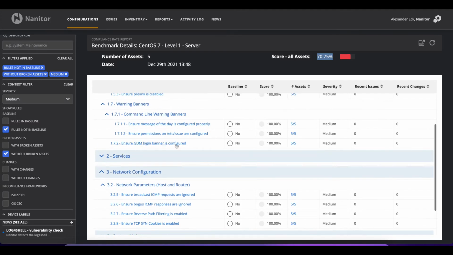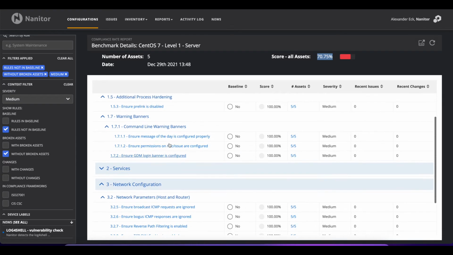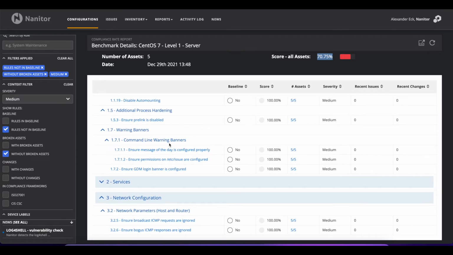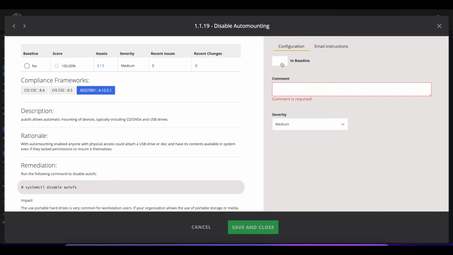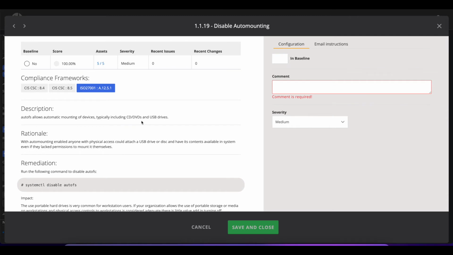So you see the things or the checks that are outside of my baseline are pretty much really what we consider best practice. So disable auto mounting is of course something that is maybe not that important, or we consider as might not be worth including in the baseline. But since I have passed all checks, it might be good for me to do so. So I can here now override and say, okay, from these checks I want to include that into the baseline